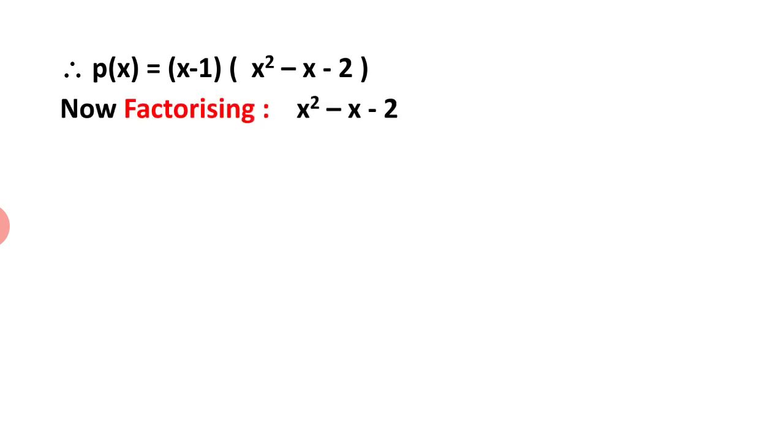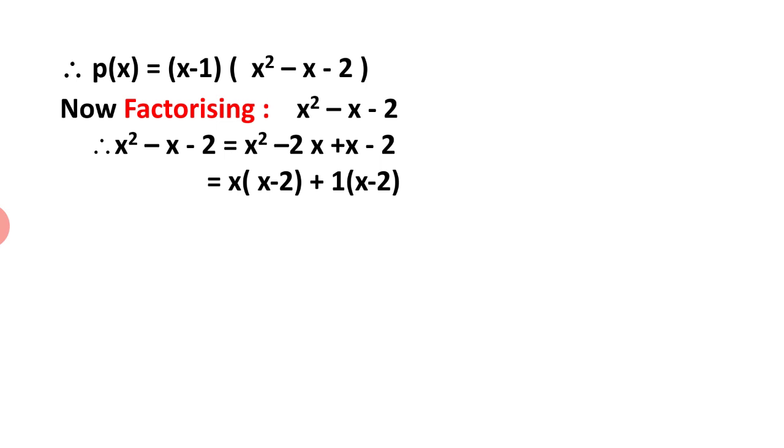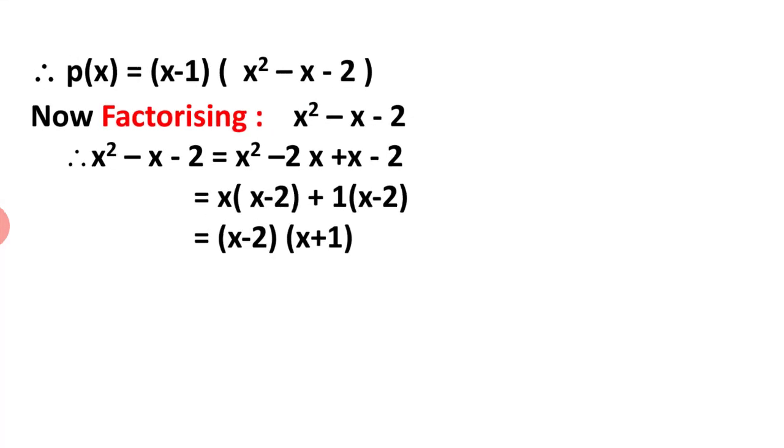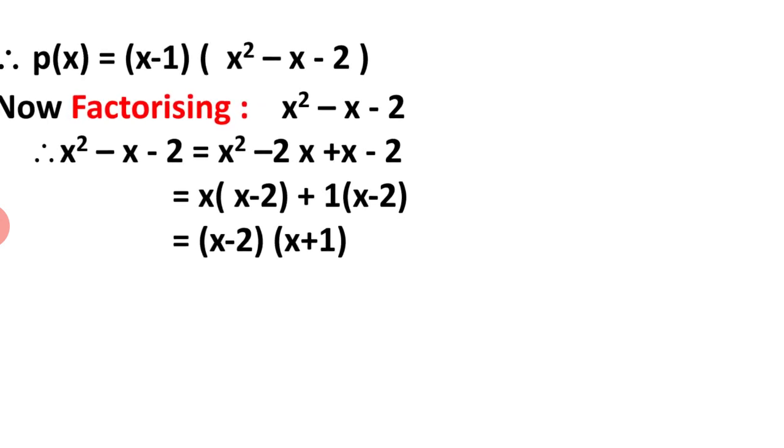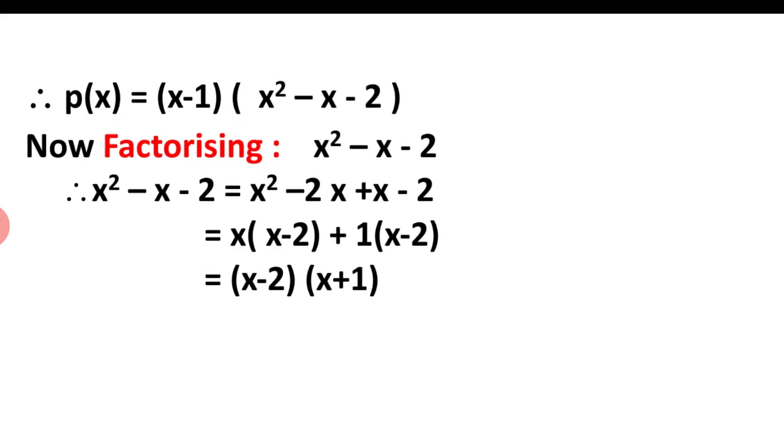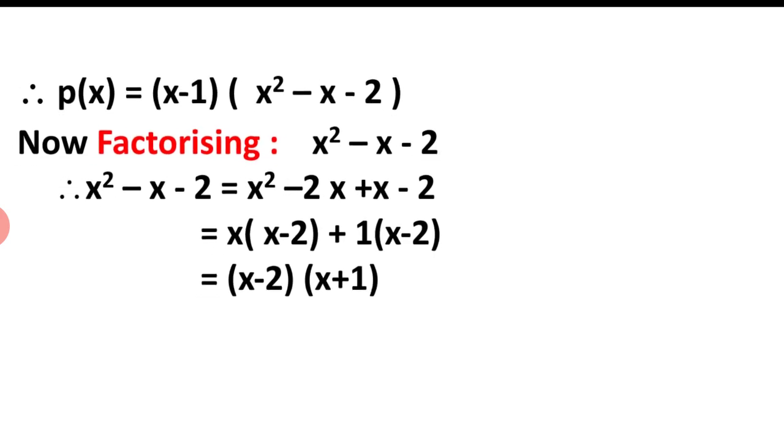Now it is again a quadratic polynomial, x square minus x minus 2. So can we do it by the splitting middle term method? Yes. So factorizing x square minus x minus 2. Now the constant term is negative, that means you have to factorize 2 such that the difference of the 2 factors should be minus 1. So it will be x square minus 2x plus x minus 2. Taking x common, x into x minus 2 plus, from x minus 2 we are taking 1 common, that is plus 1 into x minus 2. Now x minus 2 can be taken common, so you get x minus 2 into x plus 1.